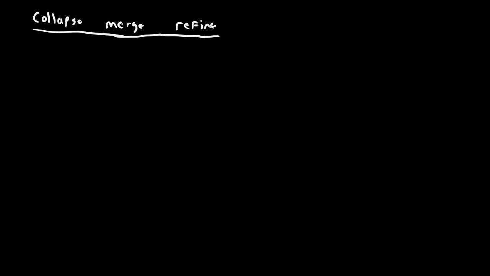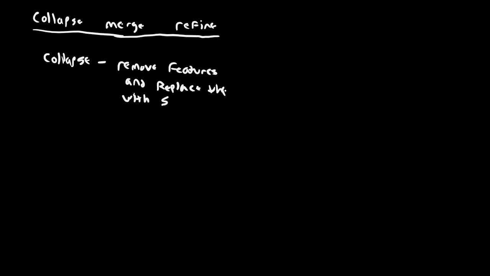Right? And so to put that more succinctly, with collapse, what we're doing is we're actually going to remove features and replace them with stylized symbols. And so a good example of this would be at a large scale. Again, when it comes to generalization, typically we start off at large scale. And so in a large scale data set, maybe we have,